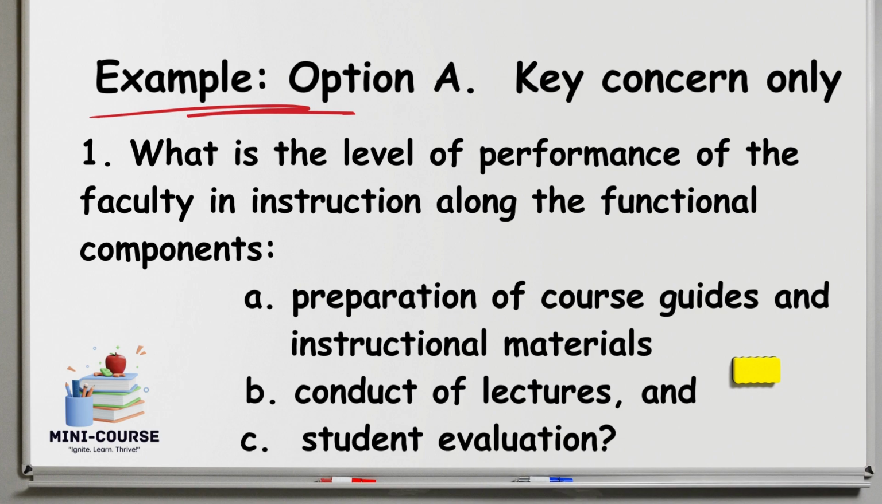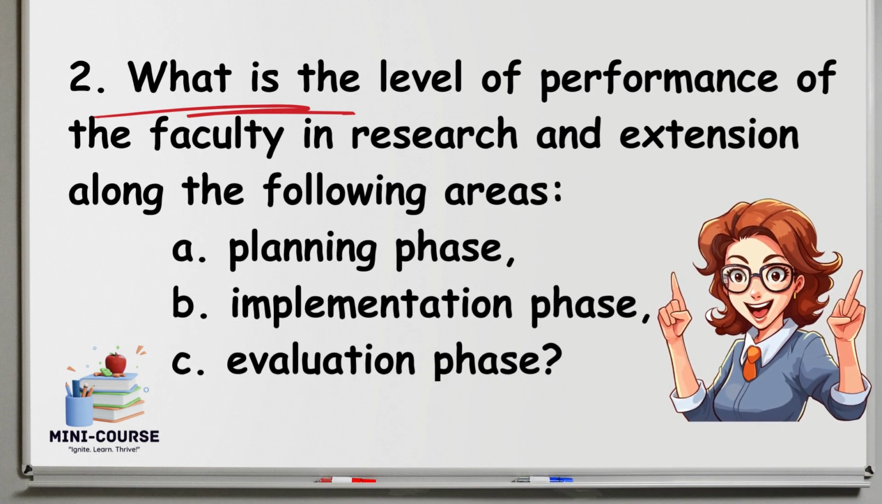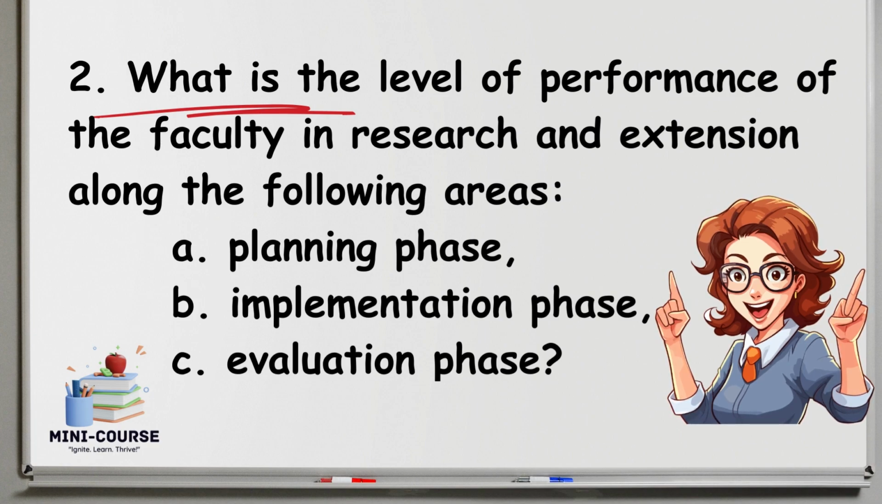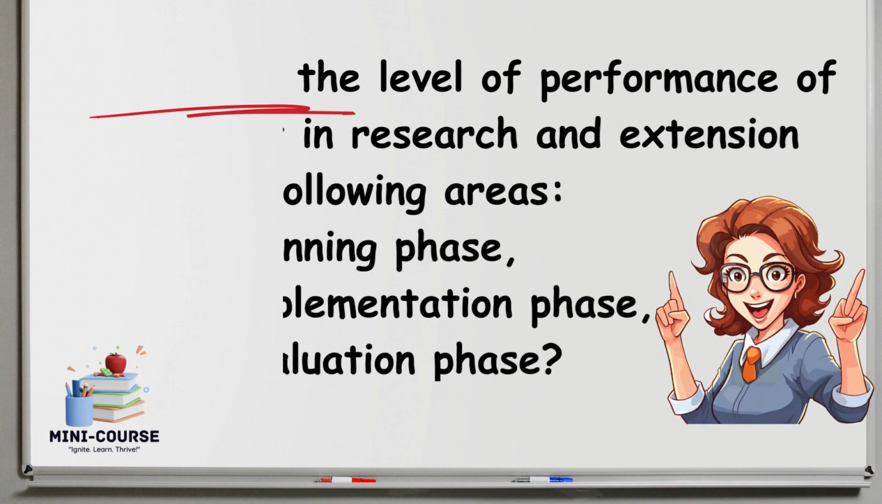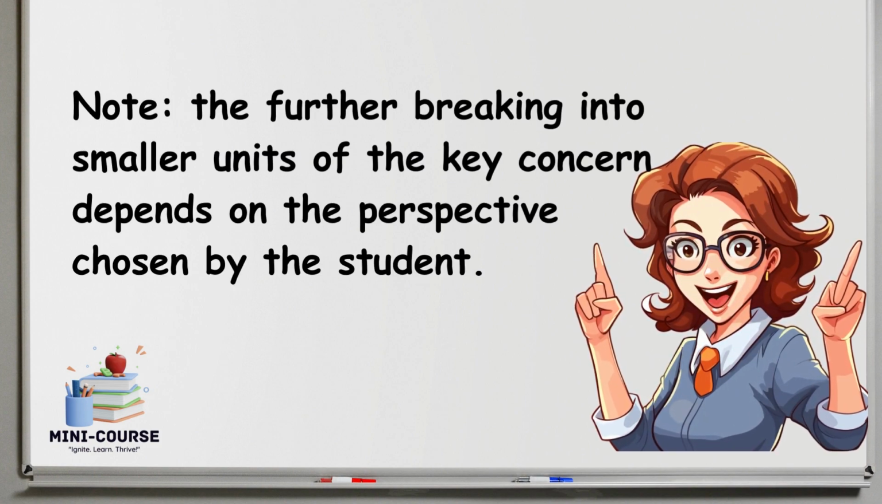Example, Option A. Key concern only. 1. What is the level of performance of the faculty in instruction along the functional components? A. Preparation of course guides and instructional materials. B. Conduct of lectures, and C. Student evaluation. 2. What is the level of performance of the faculty in research and extension along the following areas? A. Planning phase, B. Implementation phase, C. Evaluation phase. Note, the further breaking into smaller units of the key concern depends on the perspective chosen by the